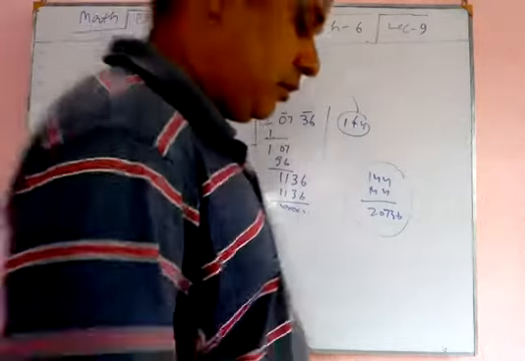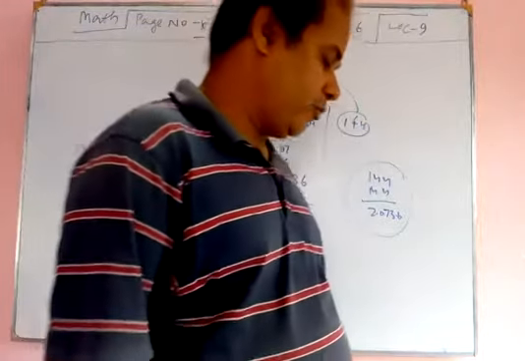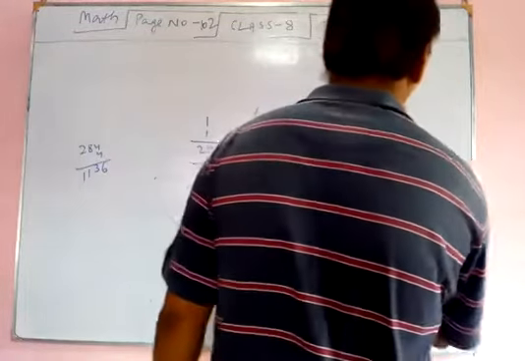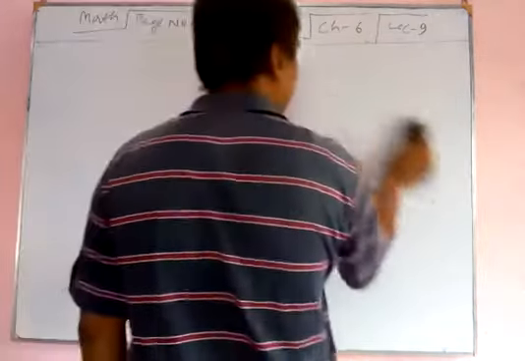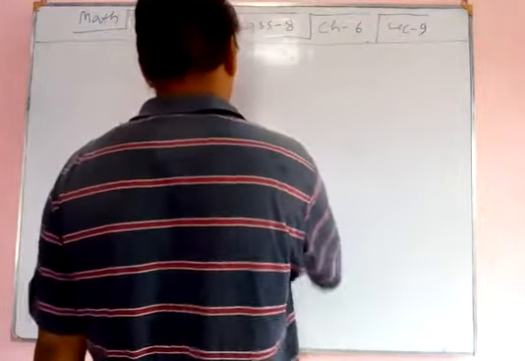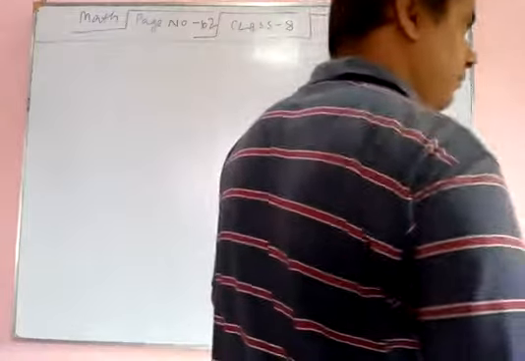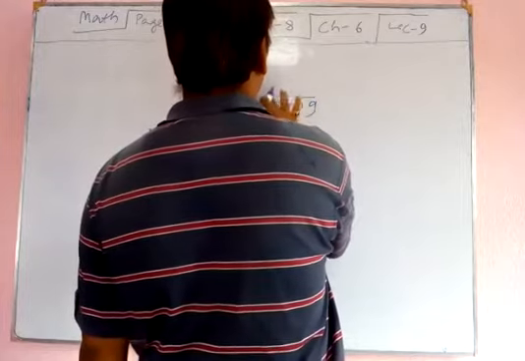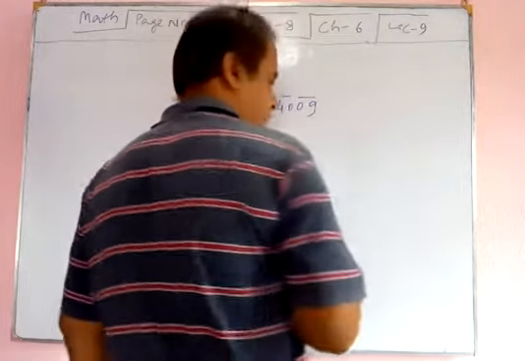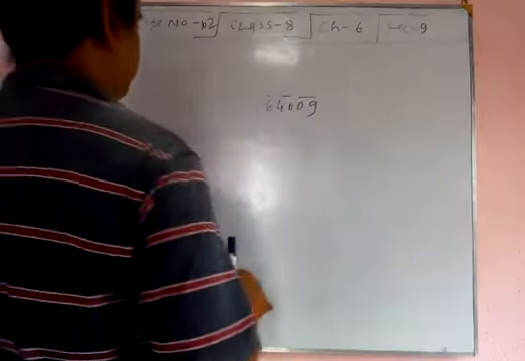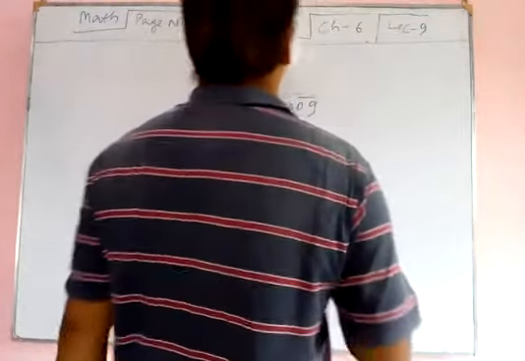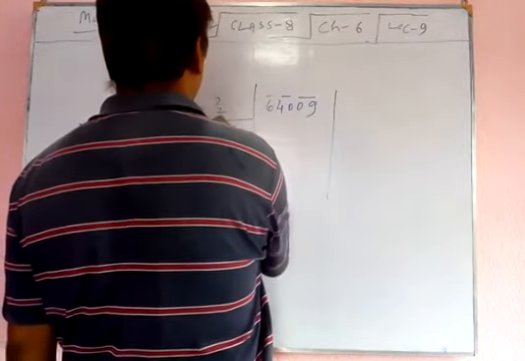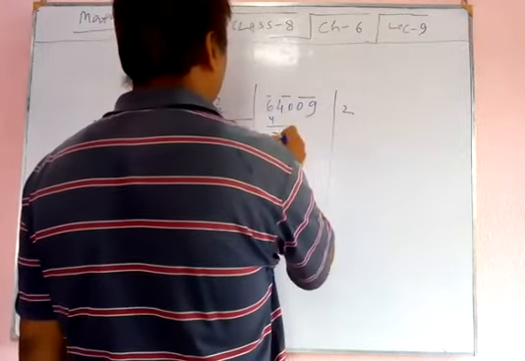Example number 13 of page number 102 of Arya book class 8. Example 13 is saying find the square root of 64009. Here 3 bars are there, then 2 into 2, that is 4, then 240,